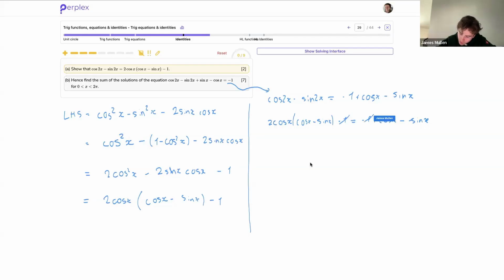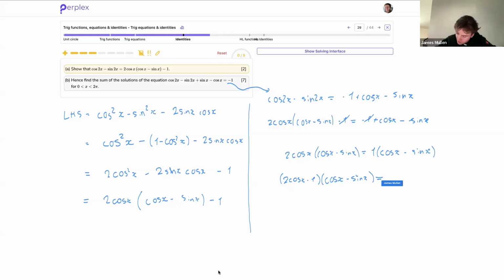All right, I remove the minus 1s from both sides. They don't make a difference. And then what do I have? I have 2 cos of x times (cos x minus sin x) is equal to 1 times (cos of x minus sin of x). And therefore, if I bring everything to the left-hand side and factor, I get (2 cos of x minus 1) times (cos x minus sin of x)